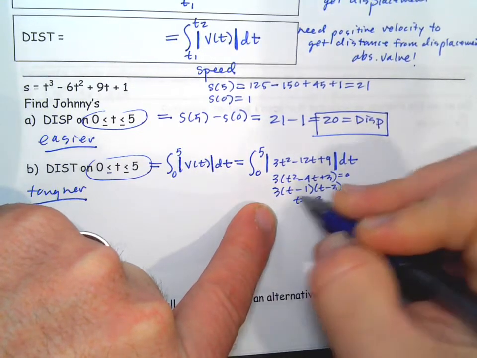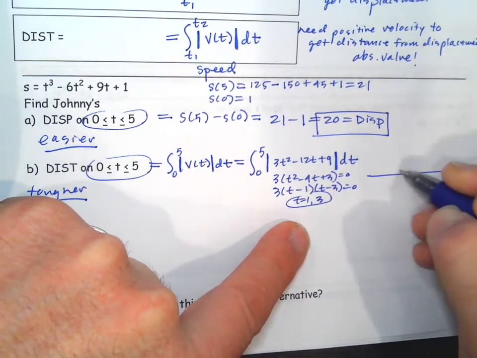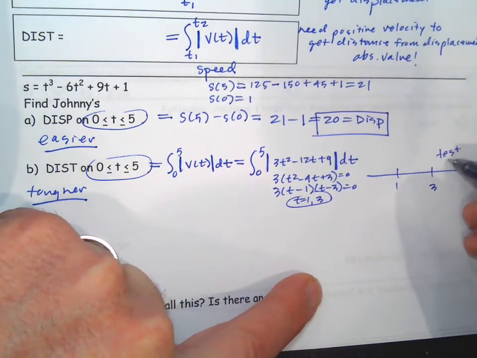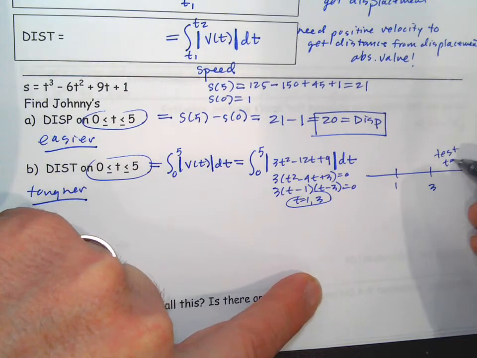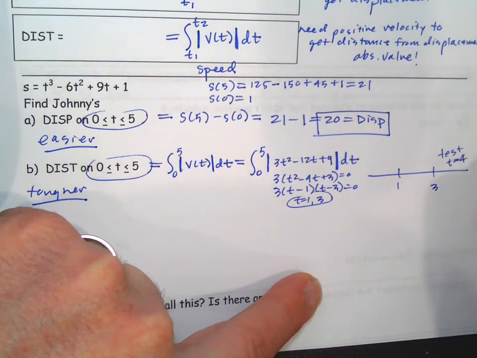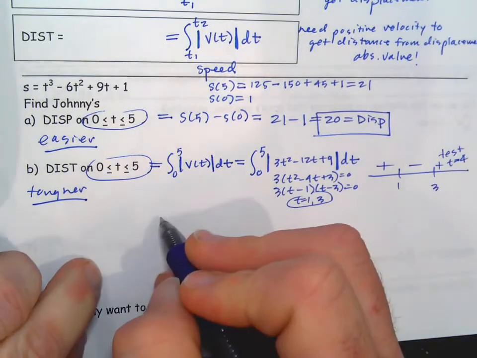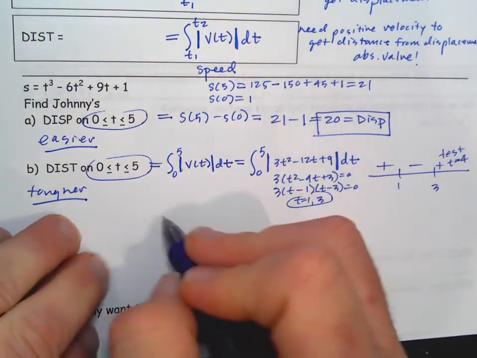And then we do a line check. That's the quickest way. Far right, positive, positive, negative, positive. So that tells us that we need to